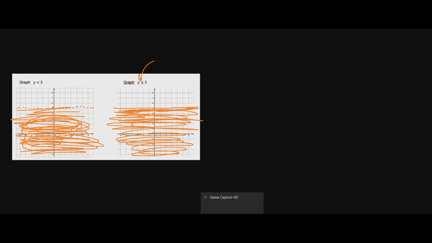Okay, what about the one to the right? Well, y is less than or equal to 5. That means we can fill it in. Here's 5, and we're going to basically fill in everything underneath that. And boom, and there it is, my friends. Okay, hopefully this helps you out. We'll go over some more advanced problems on the next